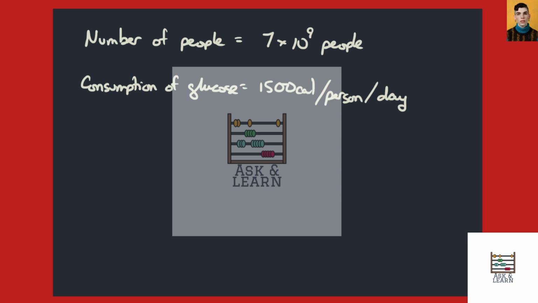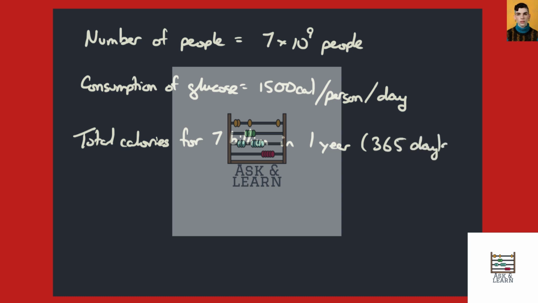So the total calories for 7 billion people in 1 year, or 365 days, would be equal to